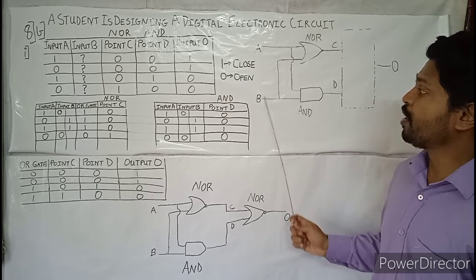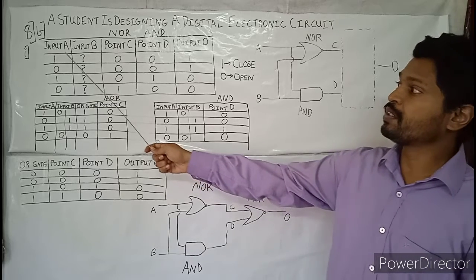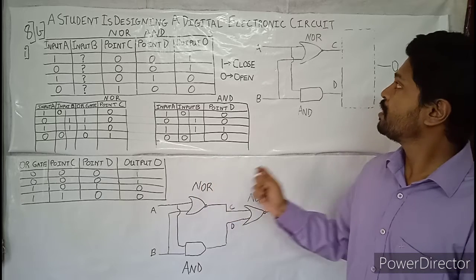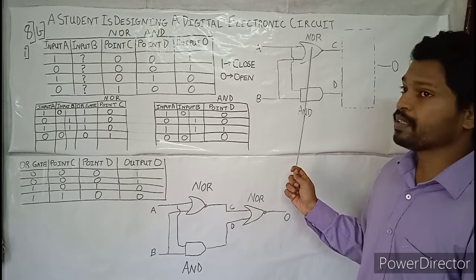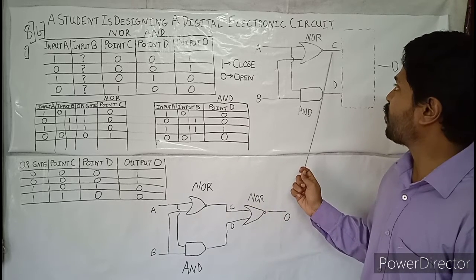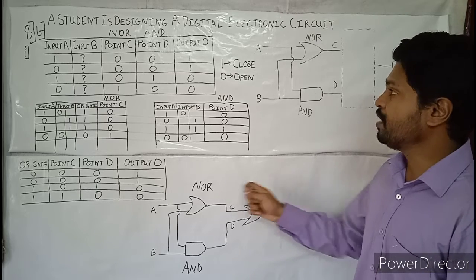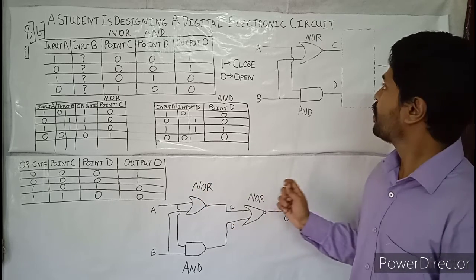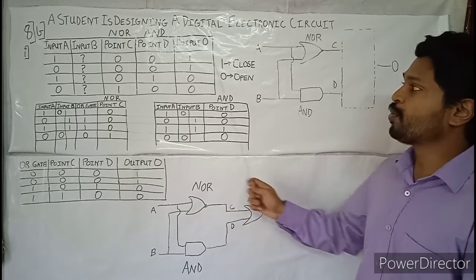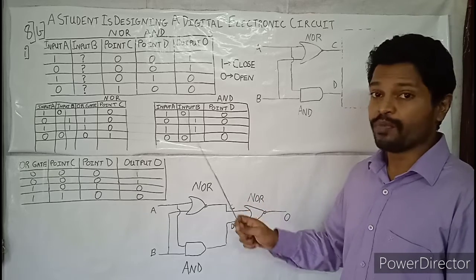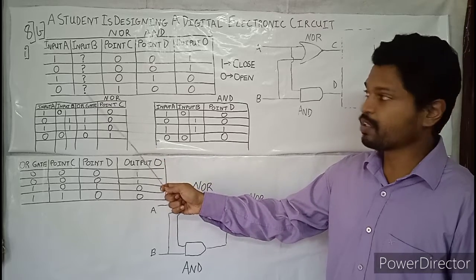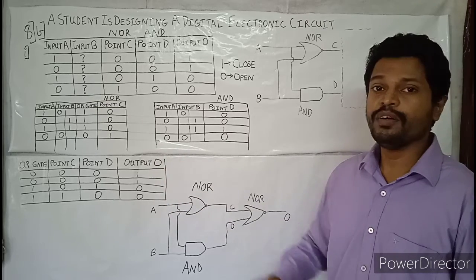These two are the inputs. They have given in the question the input A. They have given C. C is the NOR gate. After passing the NOR gate, the input goes. This is the point C, the output over here. The output over here is named as C. It is given in our question. The D output also is given in the question, and the O output also is given in the question. What we have to find out is the B part. These question marks are there. We have to write down the values.